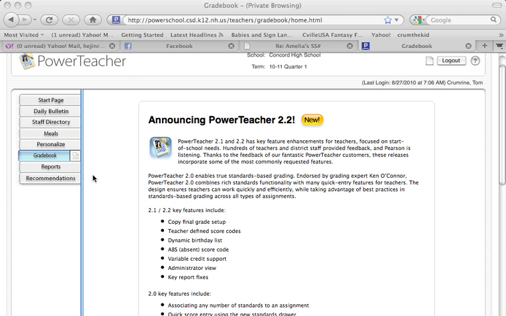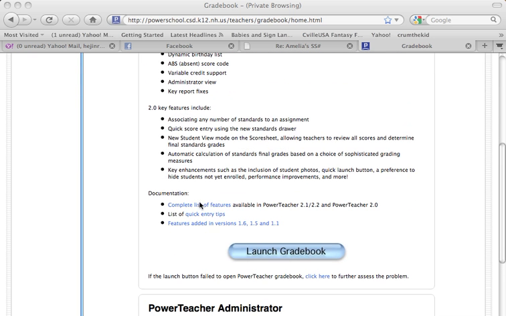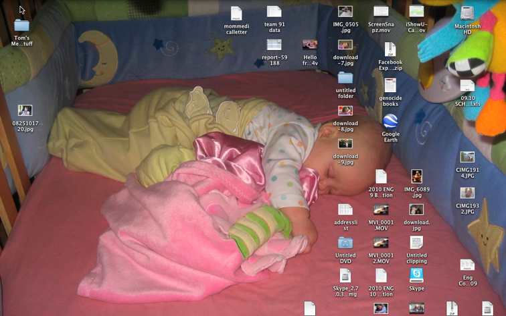This is the self-start guide for PowerTeacher, and as you note, it's PowerTeacher 2.2. There's been an upgrade, and it does include some new functionality. The new functions are listed here, and you can find out more about them under the complete list of features. Once you are at that point, you can go ahead, and I've already got my